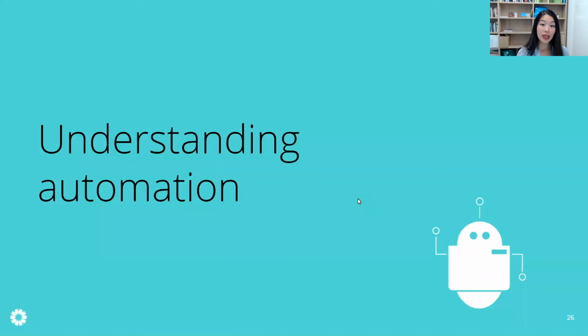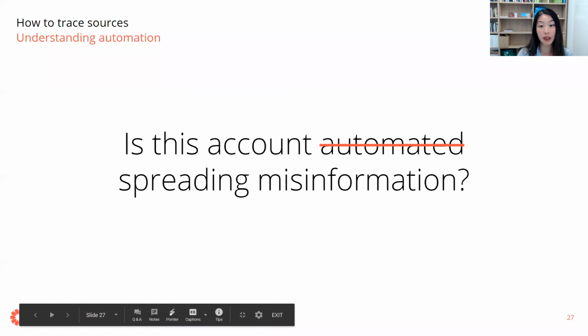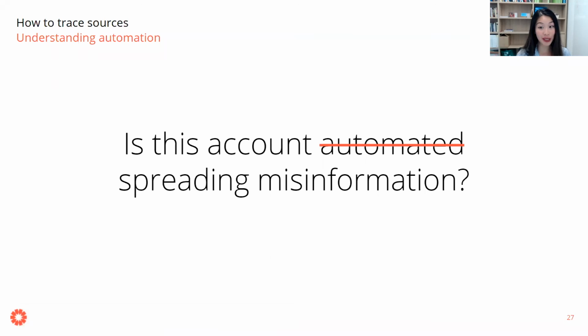The last section is about understanding automation, because some people are really fascinated by the idea of bots. But we have to remember that while inauthentic accounts and content are for sure a problem, they are not necessarily the most important part of our investigation. Many people are actually humans, but they show bot-like or automated behavior. In the end, they're not automated, they're real people. It's just that somehow they work in a way that is almost like bots.